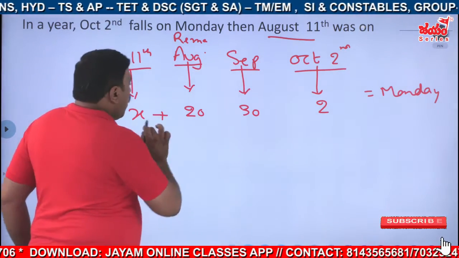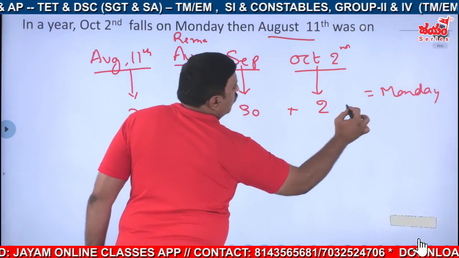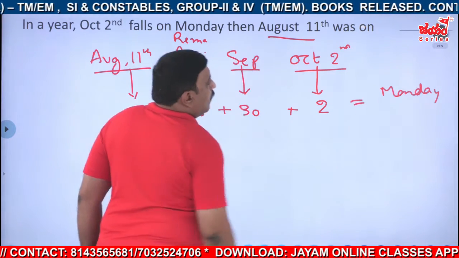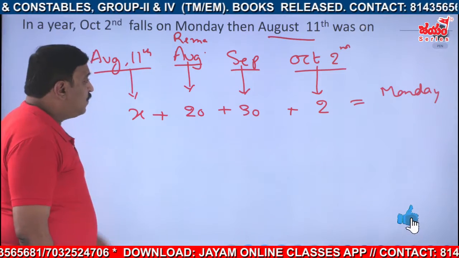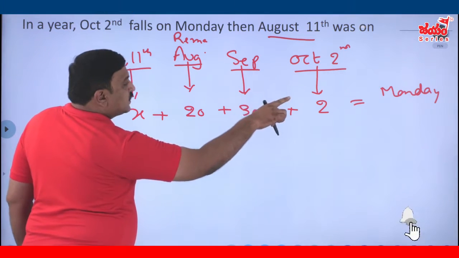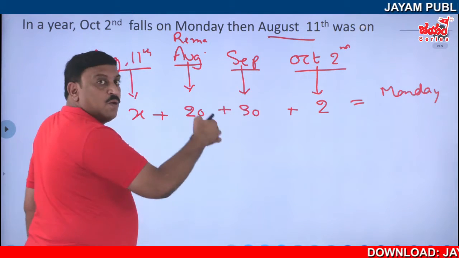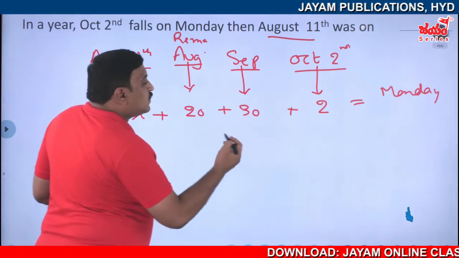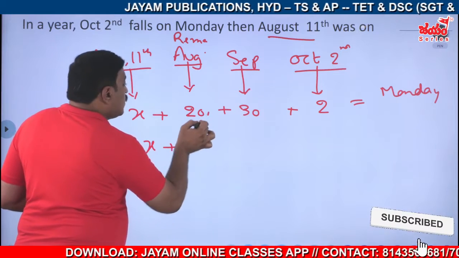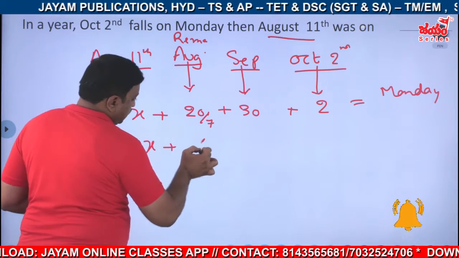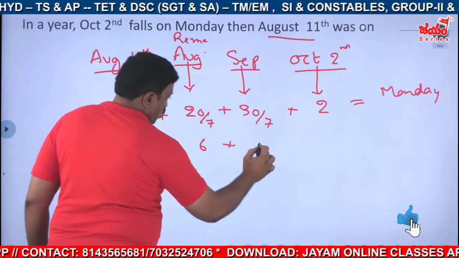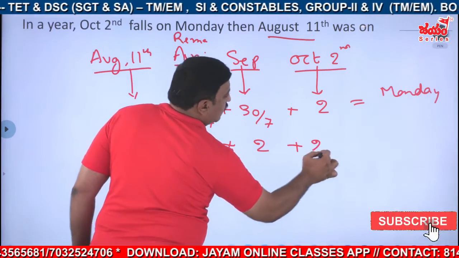Right. If we add all these things, what should we get? We should get Monday. So already there it is Monday. Fine. Now here find the odd days to get the answer. There Monday is one. But here we'll make use of other concepts also. Let us see. X plus 20 divided by 7. 7 twos are 14, the remainder is 6. Next, divided by 7, 7 fours are 28, that is 2 plus. Okay, 2 is there. It is Monday.